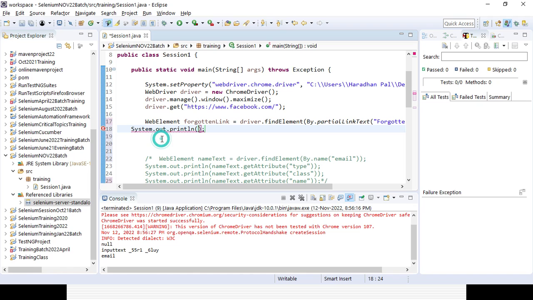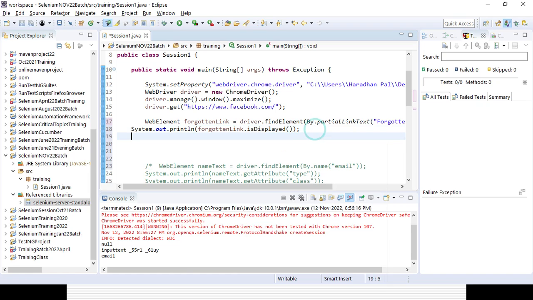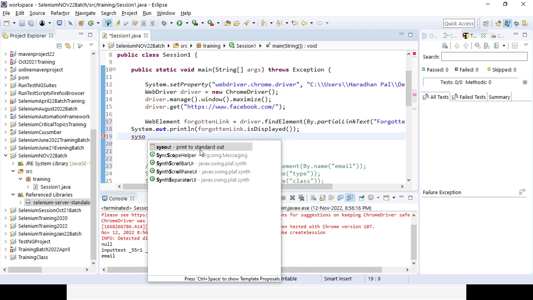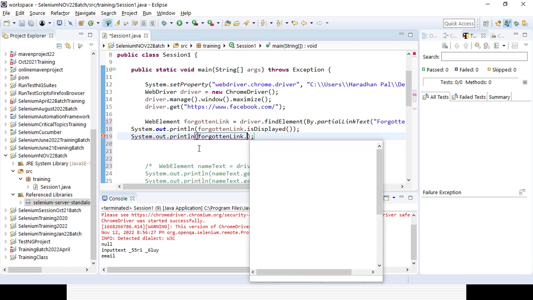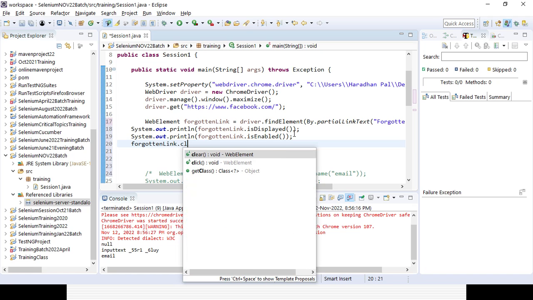First is displayed, then is enabled, then I'll perform the operation. Dot isEnabled, dot click is the operation, so the return type is void. Now let me try to run it.